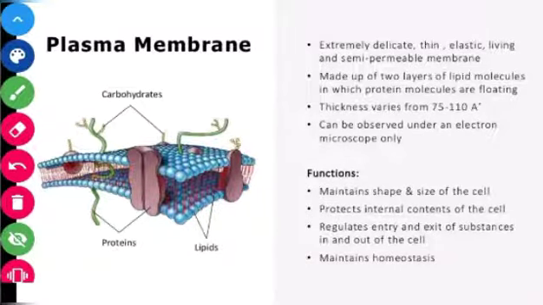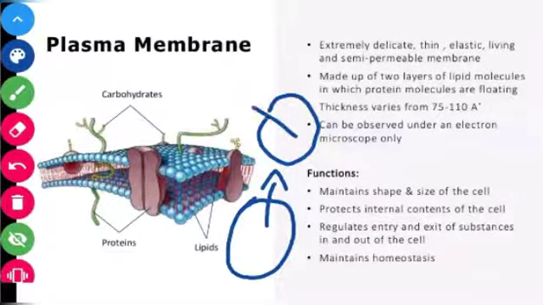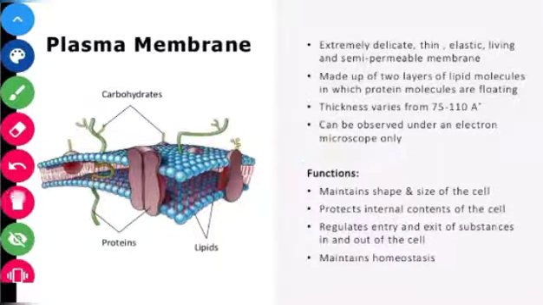So let us see the function of the plasma membrane. Mainly, the plasma membrane maintains the shape, size and structure of the cell. For example, it surrounds the cell, so if this plasma membrane gets detached or damaged, if it opens in this way, all the organelles will get out and the cell will die. So it is very necessary that the plasma membrane be maintained correctly in a proper way.